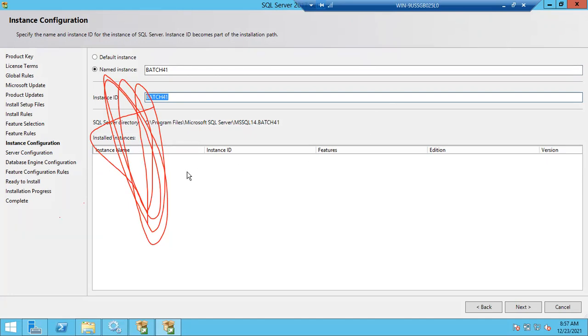Someone is drawing on my screen. Someone is using my screen. Please stop it. Control Z. Someone is drawing, spoiling my screen, damaging my screen. Who is that? Guys, can you see this red mark? Yes, yes.